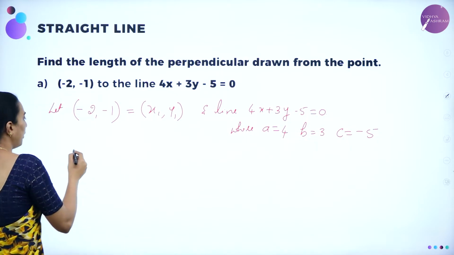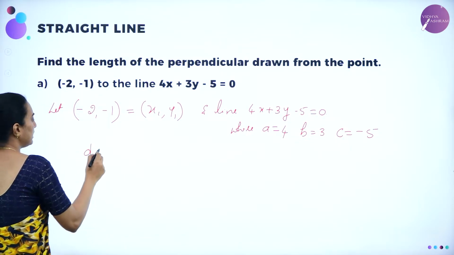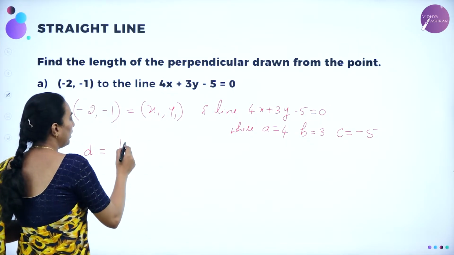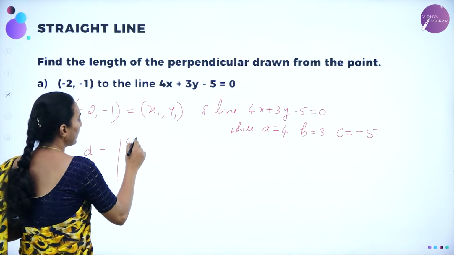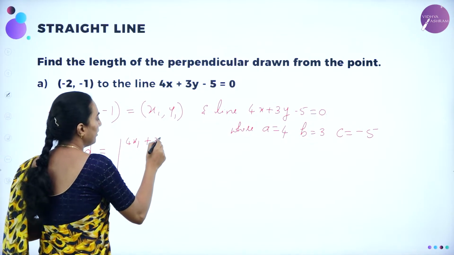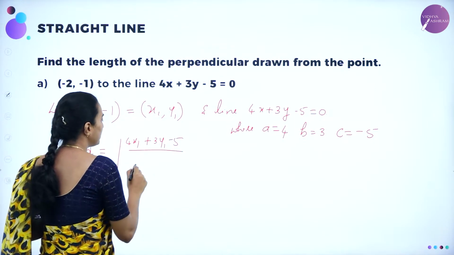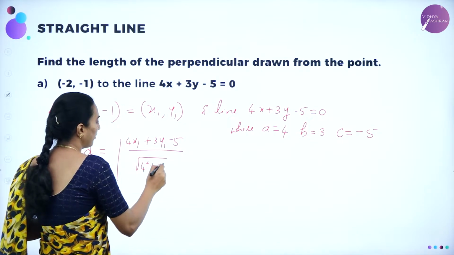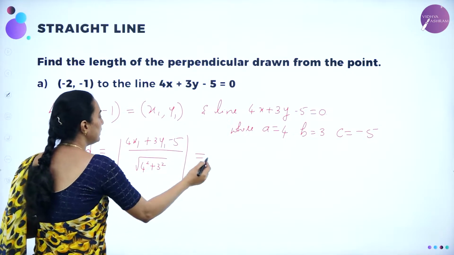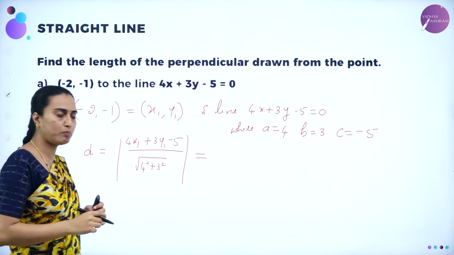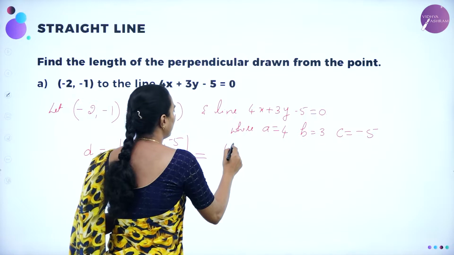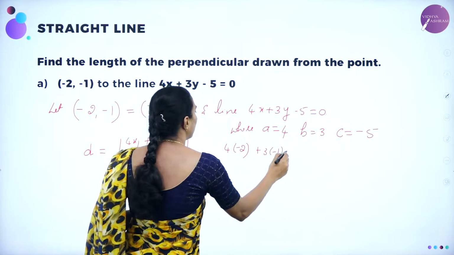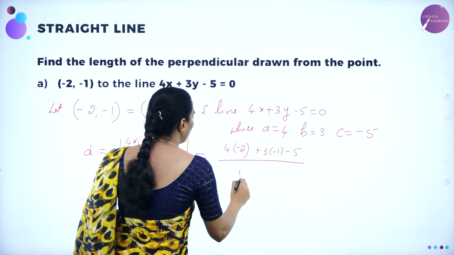Now our distance formula is given by, I am taking the distance as d only, or you can consider the point PQ, which is equal to |ax1 + by1 + c| divided by square root of a squared plus b squared, that is, 4x1 plus 3y1 minus 5 divided by square root of 4 squared plus 3 squared. Now you can substitute the point x1, y1 as given, minus 2 comma minus 1. So therefore 4 into minus 2 plus 3 into minus 1 minus 5 divided by square root of 4 squared